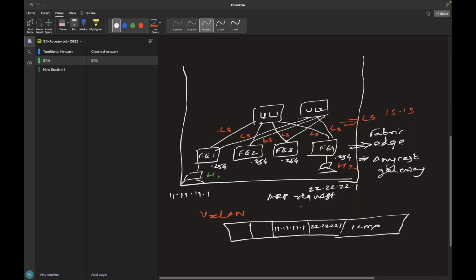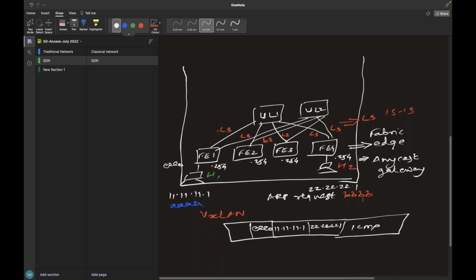Now, when I'm sending the ARP request, because it's a different network, I send the ARP request to the default gateway. My default gateway is Fabric Edge 1. It replies that, okay, take this MAC address. So I take the destination MAC address as this and the source MAC address, for example, again let's take the same A, and host 2 is B.